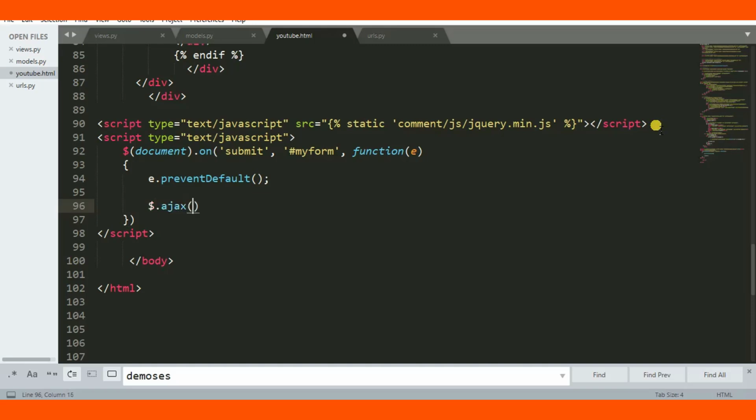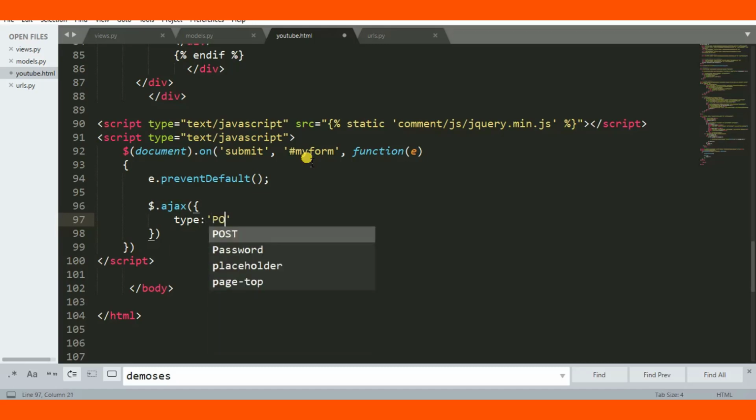Ajax. Then after, what you have specified is that on submit, when the form with ID name my form is submitted, do the following: prevent the form from reloading, then if the method is of type POST,